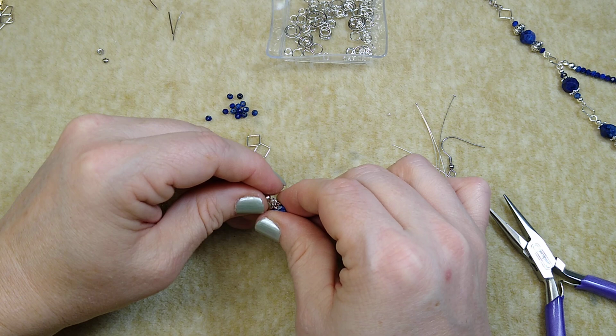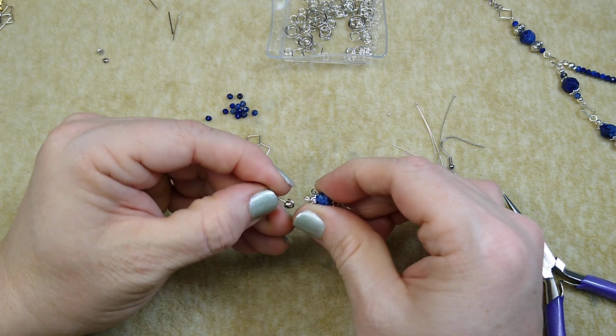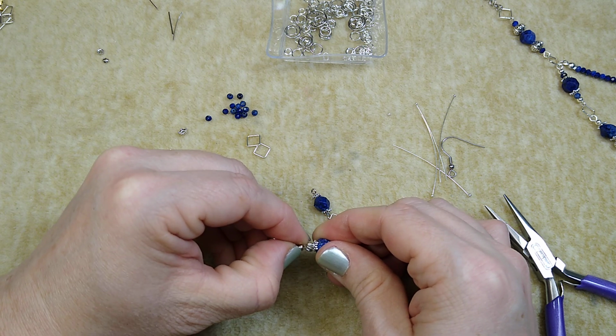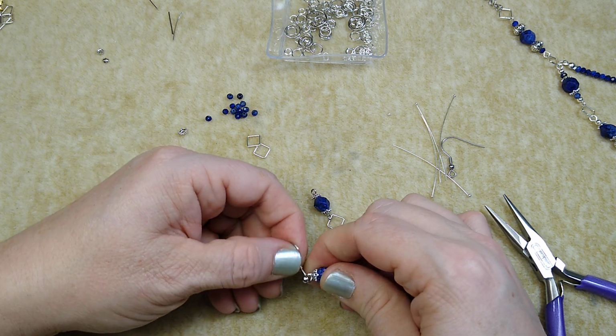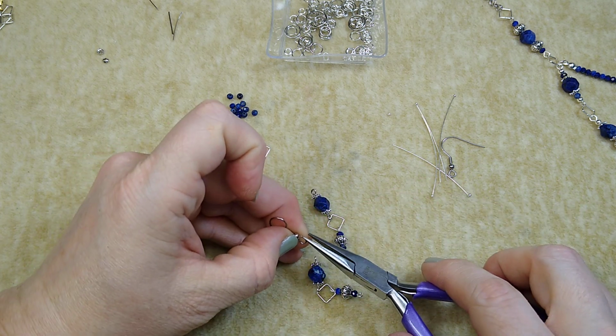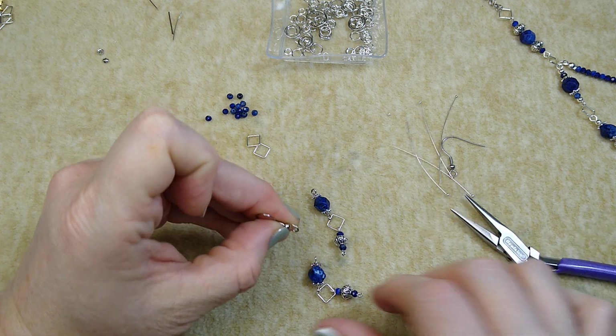And we just hang this right on it. Did I get that ball in the way there? Yeah. I don't like these kind of ear wires that have those little balls on there. I just don't like them. It's just a little decorative element, I guess. I don't know why they're there, but they get on my nerves and they're hard to...